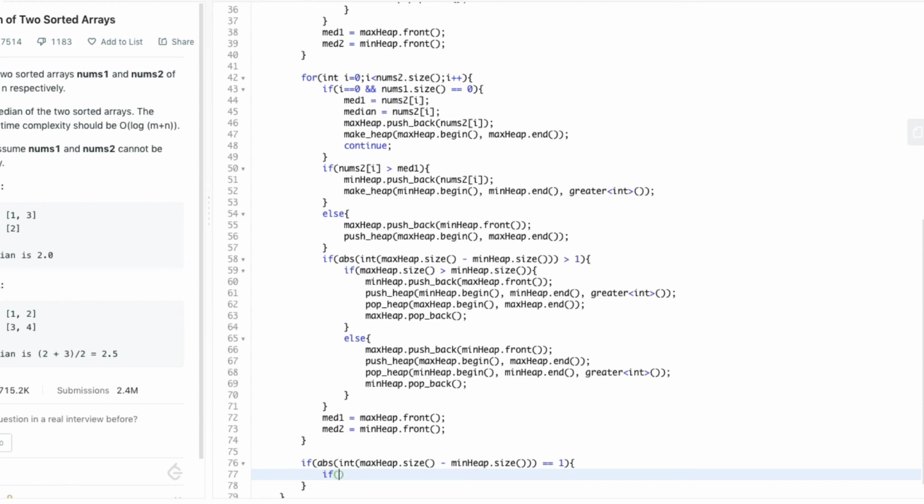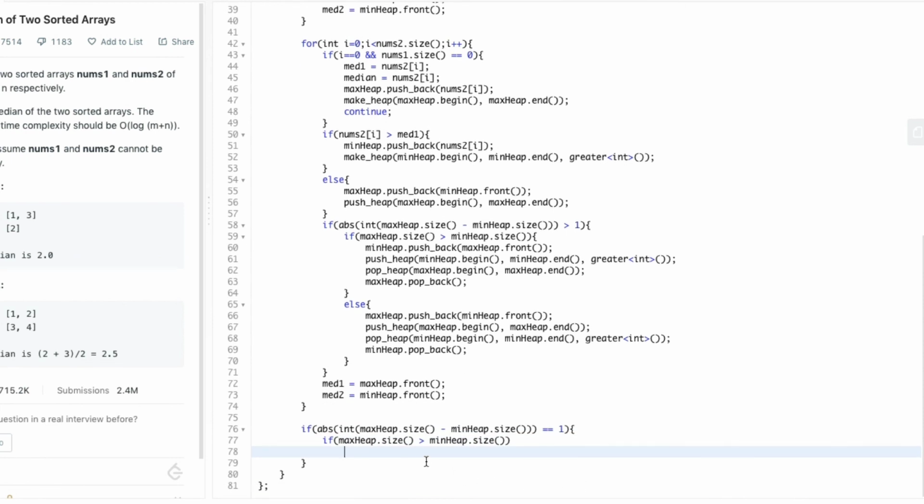In that case, we check whether the max heap size is greater than the min heap. If the size of max heap is greater, then we update the value of median as mid2, which is the front element of max heap. Else the value of median is mid1.